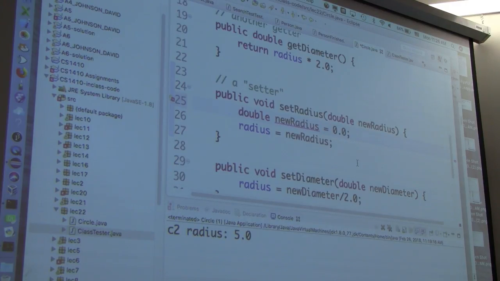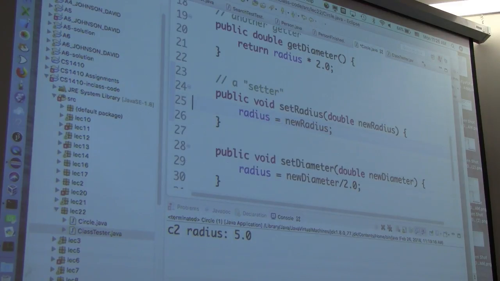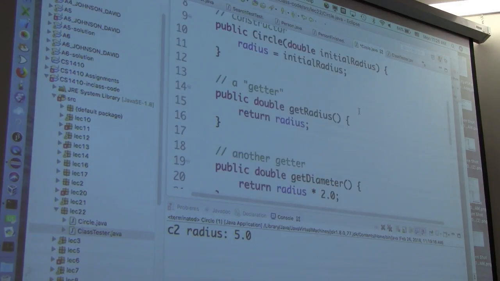Yeah, so you can't have two variables of the same name in the same scope. So this parameter here counts as being in the scope of set radius. And in fact here, if I go here, it says duplicate local variable new radius, right? So I can't have something with the same name. I can't redeclare it in the same scope. It doesn't know which one is which here. So we already know that. We've seen that happen before. Now up here,